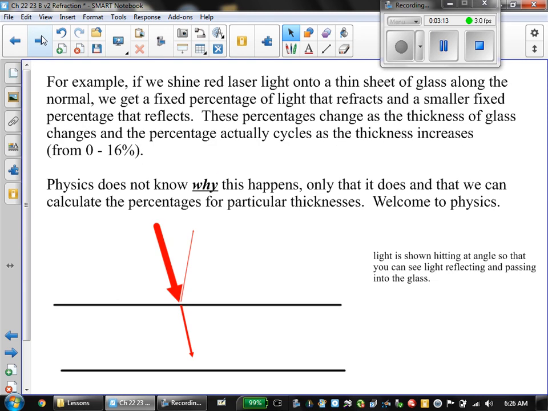Now, this gets really bizarre, and I'm not going to get into this, but it turns out that how much light is reflected and refracted has a very peculiar percentage cycle. We may discuss this a little bit later when we talk about thin films. The AP is big about thin films, and it's a pretty complex topic, but it lays its foundation to understanding that when we go from one material into another, we get reflection and refraction, and a certain percentage of these waves or particles are allowed to go through or bounce off.